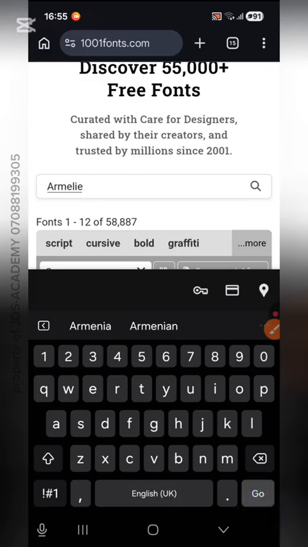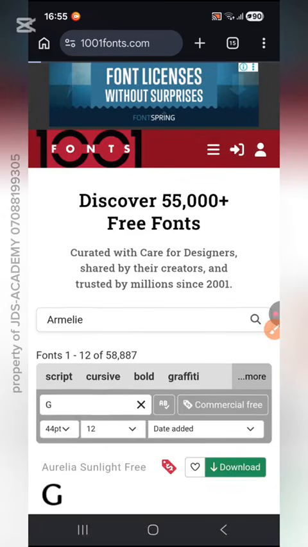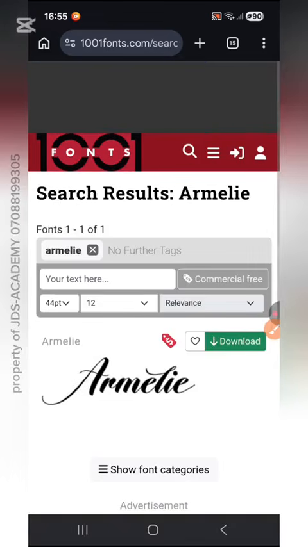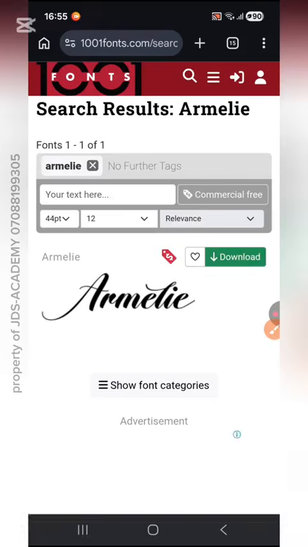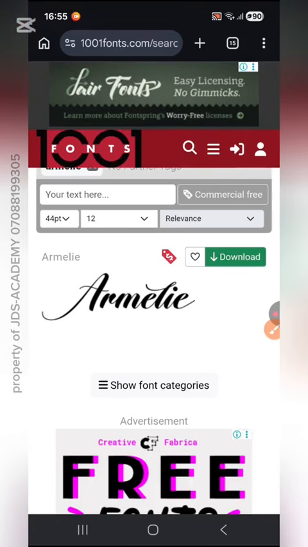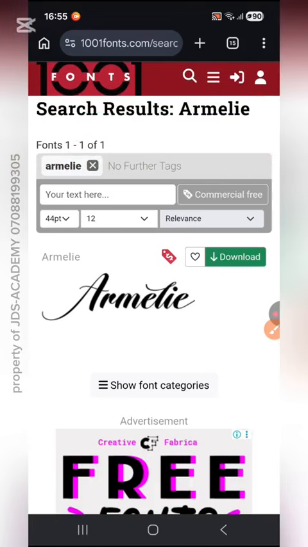Amelie or Amelie, anyone. So let's search for it. Good. This is the font. It's a very beautiful calligraphic font. You download it to your what? To your phone. Now I'm going to search for another font so that we can,